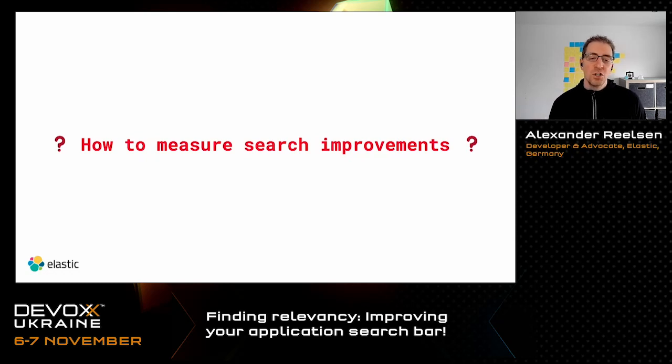If you change your search, if you come up with a new fancy, really long query that you think is really good, can you measure that the users are actually having the same experience that you had with your test data, with the live data that they are searching for, with the searches that they are executing?